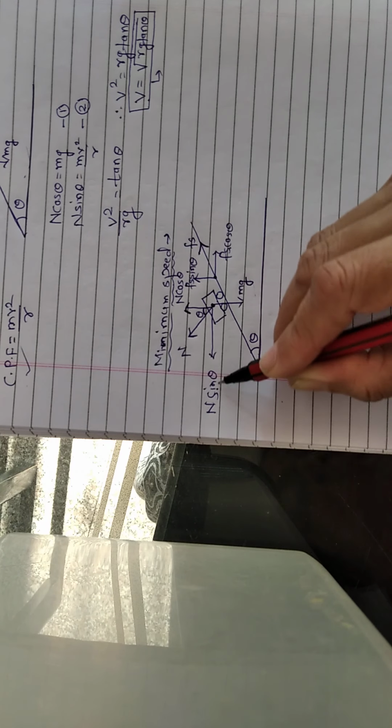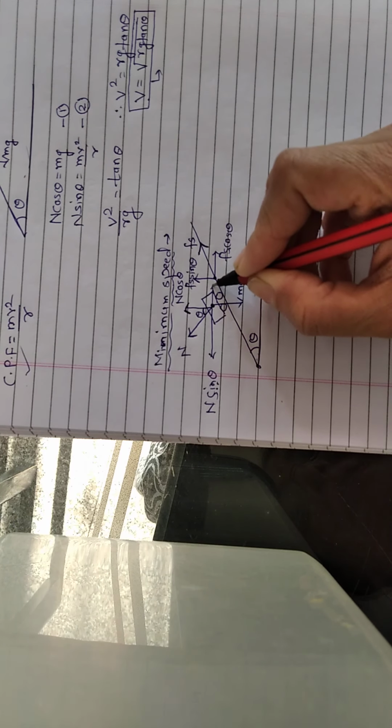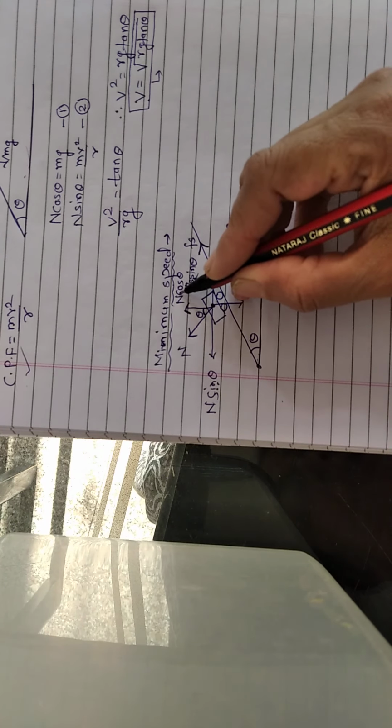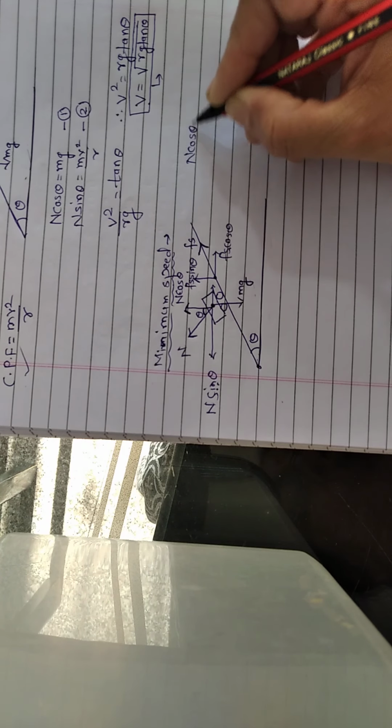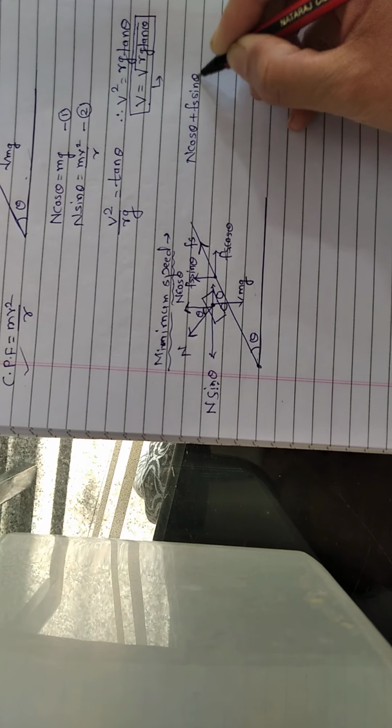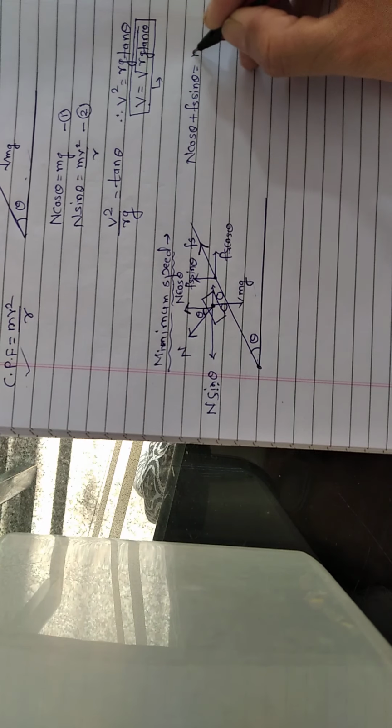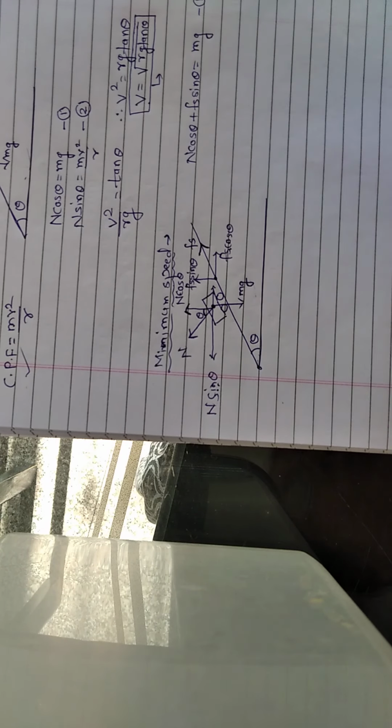Now from the figure we can write the two equations. How? See here, this is one pair of forces and this is the other pair of forces. Here you should understand that n sine theta and Fs cos theta provide the centripetal force. The resultant of these two will provide the centripetal force, which will be in this direction, that is mv square by r. Okay, so let us write the two equations. These two are in the same direction, vertically upward, so let us add them. So we get n cos theta plus Fs sine theta, which is equal to mg. Let us consider this as equation number 1.